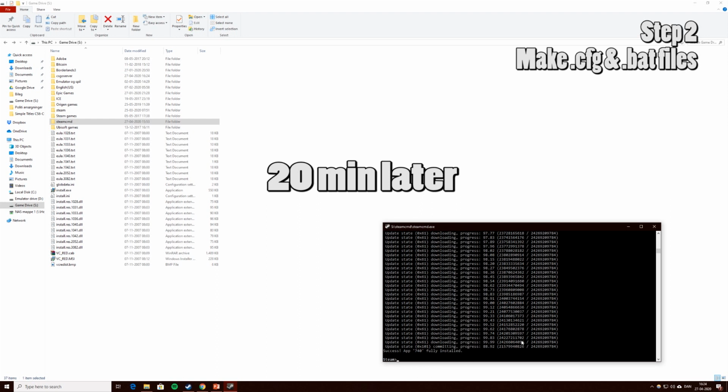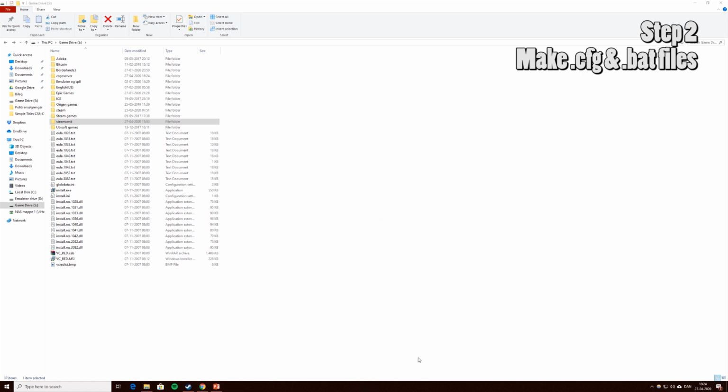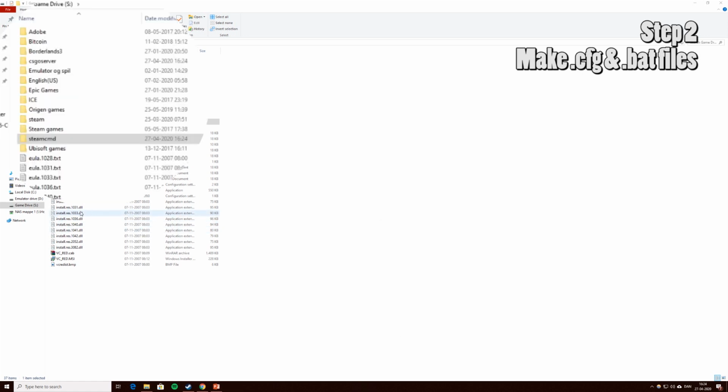And we're done. So now you can see here that it's successfully installed. And these numbers here sort of let you know how far you are in the process, 97%, 98.8%, so you can have an idea of how far you are. I'm just going to exit SteamCMD, and then I actually want to rename the SteamCMD folder just to make it easier to find for future reference. CMD